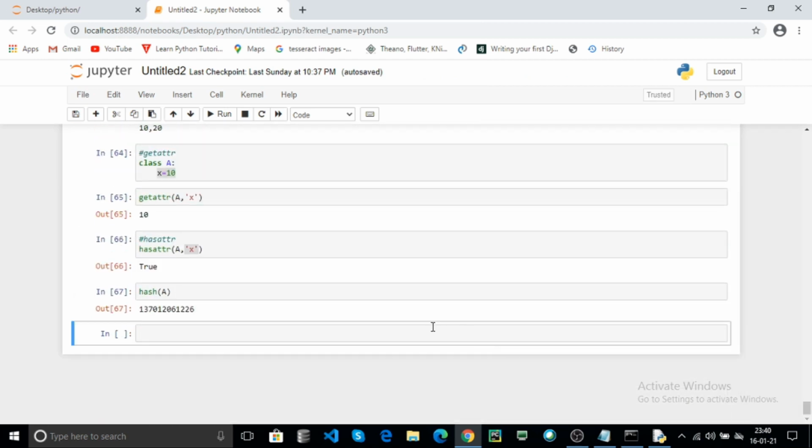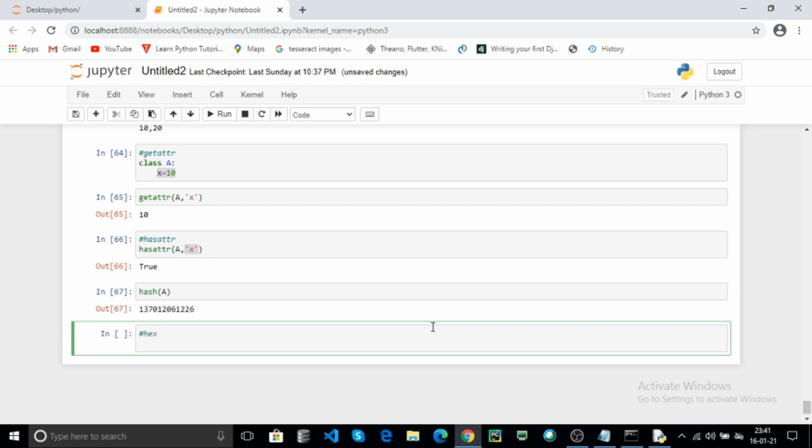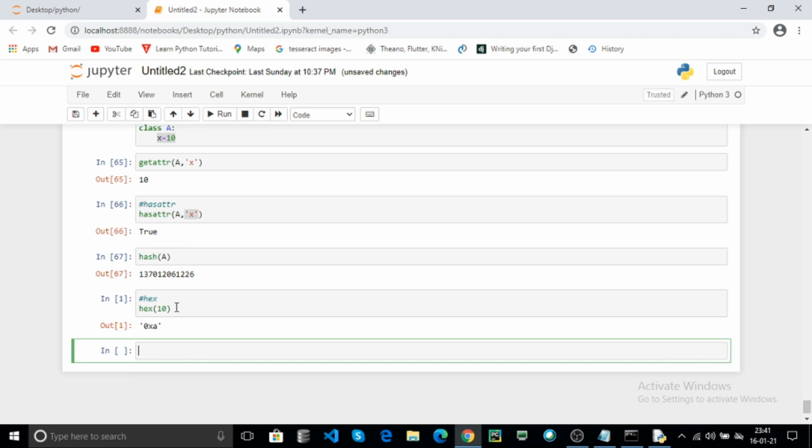Now another built-in function is hex. This gives the hexadecimal value of your given value, for example 10. Click on run. The hexadecimal value of 10 is A. And use id.